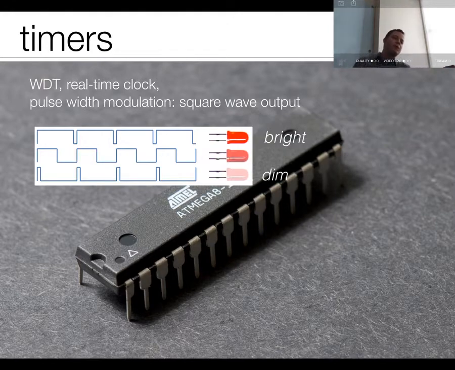Okay, so the Watchdog Timer, the real-time clock. We kind of talked about the Watchdog Timer. Pulse width modulation. Pulse width modulation is essentially some hardware. It's dedicated hardware on the chip whose only job is to generate pulses, which is essentially digital logic